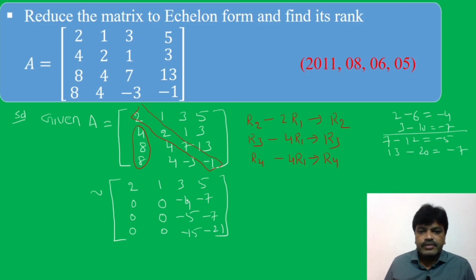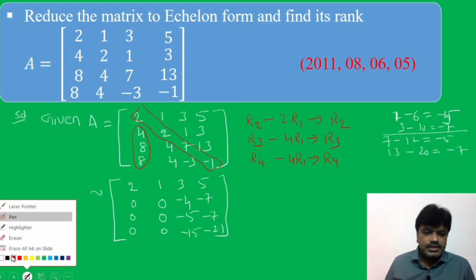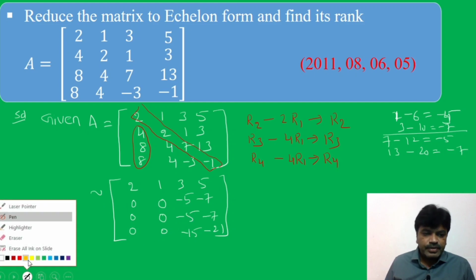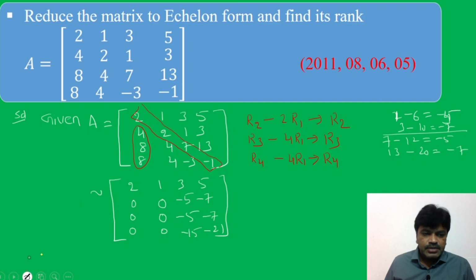I check this value once again, friends. This is R2 minus 2R1, friends, 1 minus 5, we get here minus 5. This is not 4, this is minus 5, because this is 1, so minus 5. Now you fix R2, friends, and you make these two elements 0.